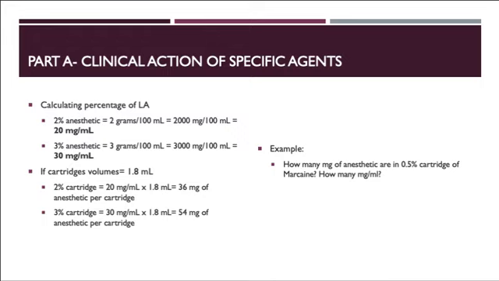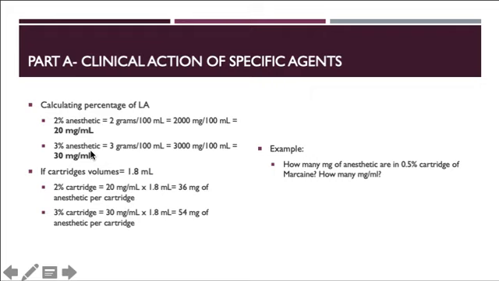Now, this slide shows you something a little bit different, and so we're going to move on to this different thing. We talked about the different formulations, the 2%, the 3%, and how is that calculated. Now, the 2% formulations are calculated by taking 2 grams, or 2,000 milligrams, and dividing it by 100 mils. This gives you 20 milligrams per mil. If you take 2,000 milligrams divided by 100 mils, this is what you get. So this is what you get is 20 milligrams per mil, and that's how this is calculated. Okay,